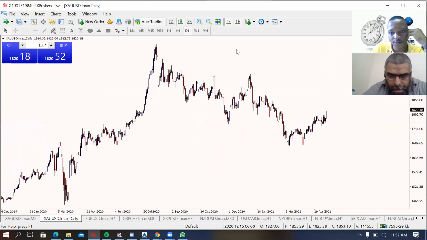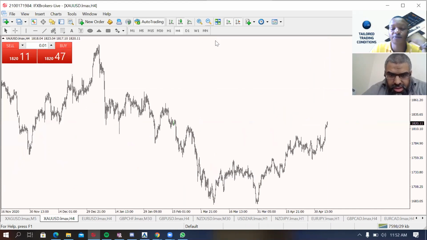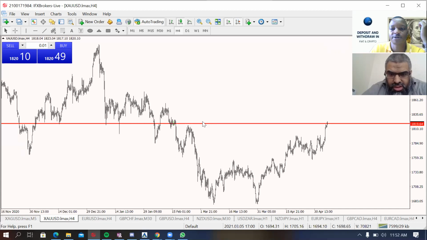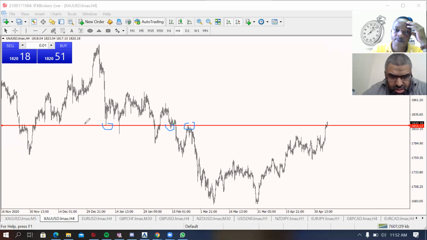if you go to H4, okay, this is our H4. Why do we say price is gonna retest there? So this is your level here. Where price bounced, it bounced here, here, here, here, you see, and even this one here might still be the level. So now it's failing to break this level here, which tells us that